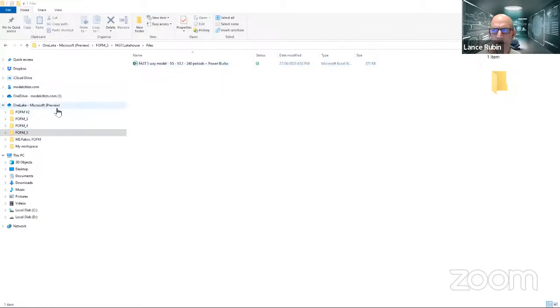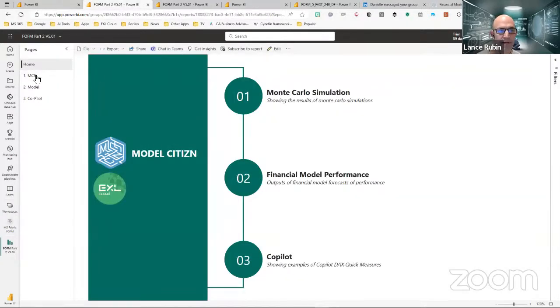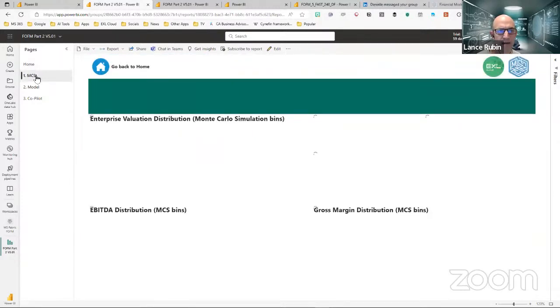Then what I'm doing is I'm going online. And again, I'm not going to go into too much detail because we'll do that in part 3. Here's Power BI Online. And now what I'm able to do is, so here's my staging lakehouse where I've got that information. I'm using the dataflows, and that's all going through into this report. So here I have the Monte Carlo simulation. So this is a page. So I have the Monte Carlo simulation, which I can show.